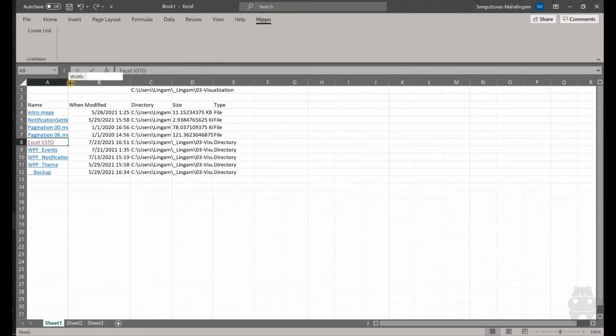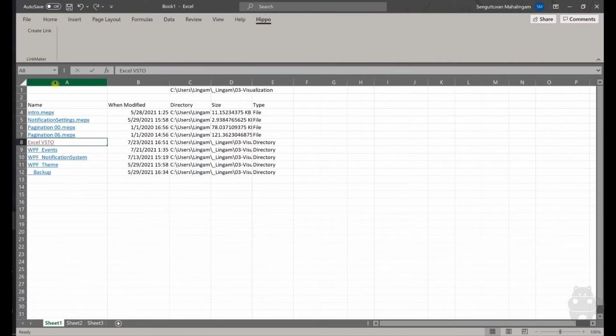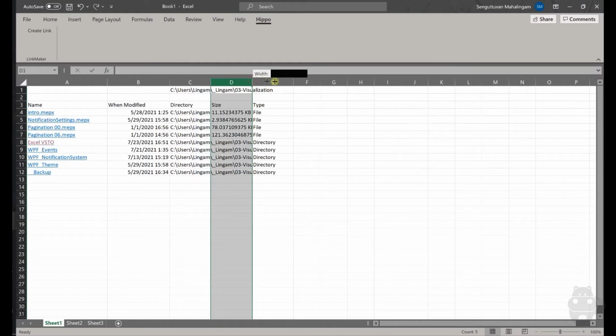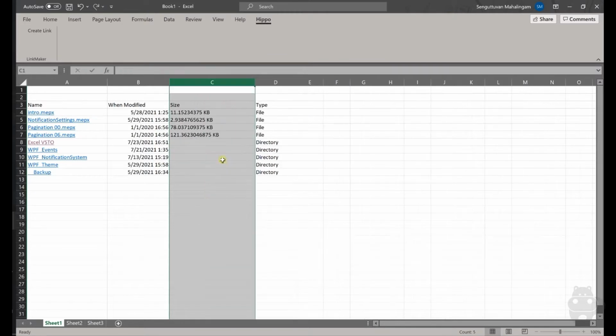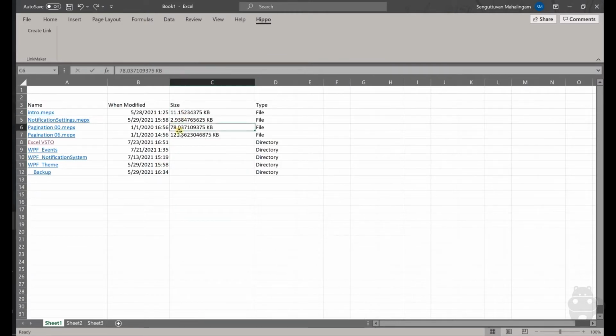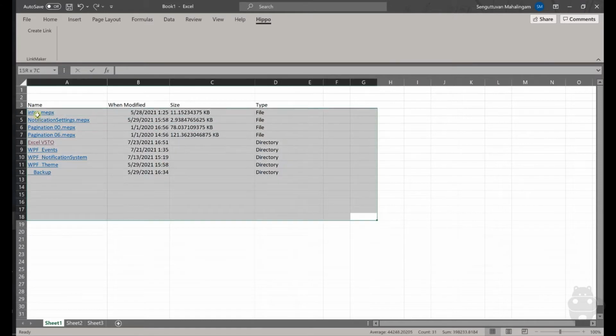If I press, there are 4 files which are through a proprietary software for editing the course that I'm doing now, and you also could see the size of the files. Let me delete the directory here first for a second. The size is 11 KB, 2 KB, 7, 121 KB, and folders do not show the size because it is associated with the files. Now let us remove everything.